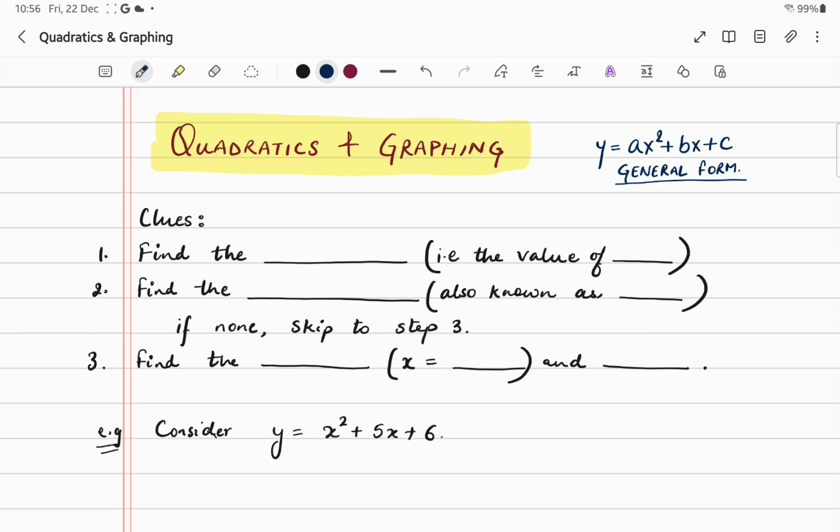From this general form, we can take out some clues, and those clues will help us graph our quadratic to the exact value, right? So what we have to do here is find these three things, all right? And then we will do an example of how we can actually create the graph. So the first clue is find the